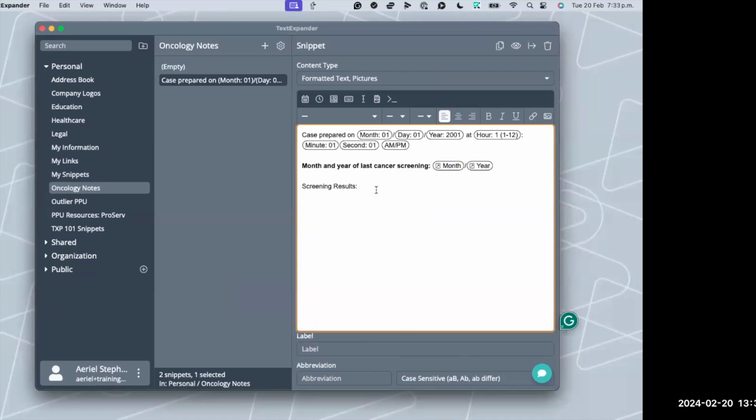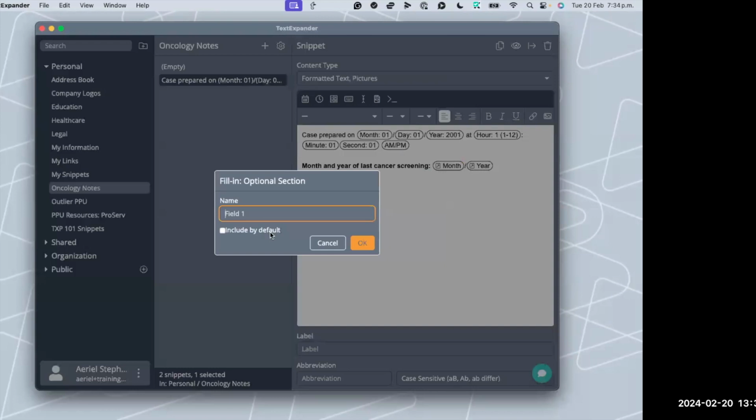So at this portion, I am going to come back to my fill-ins button. I'm going to add an optional section, and I am going to name it. Again, the name field when you are first creating a fill-in is always just you indicating what type of information I am putting here. With optional sections particularly, we've seen this be really beneficial for people to actually use to be instructional.